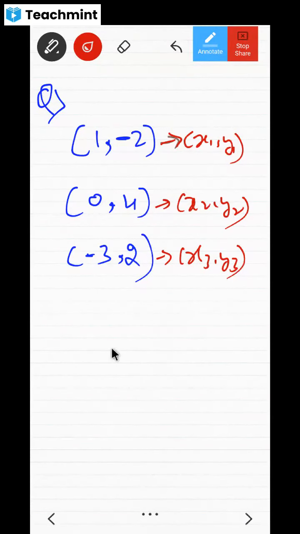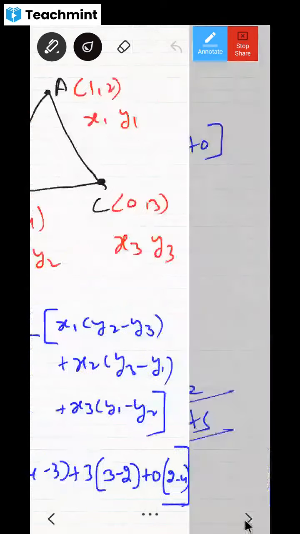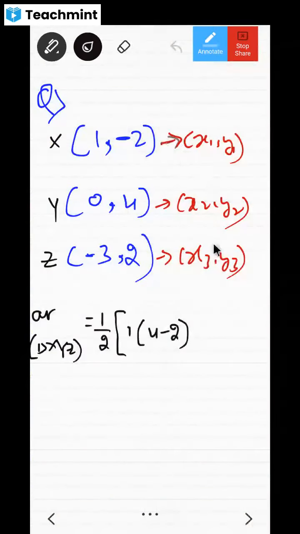See, if you draw the diagram also, the same thing is going to come. Now you have learned in the first problem how to draw the diagram and how to approach. Now there is no need of that. So x1 bracket y2 minus y3, 4 minus 2. Then plus x2, which is 0. Just write that in bracket, y2 minus y3. X2 means y3 minus y1, that is 2 minus of minus 2. Don't you think it has to be 2 minus of minus 2 like this?